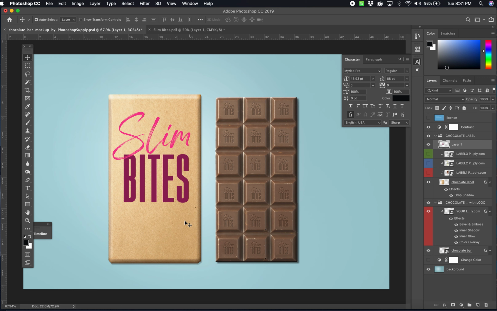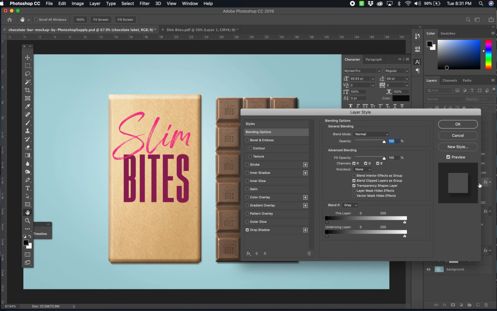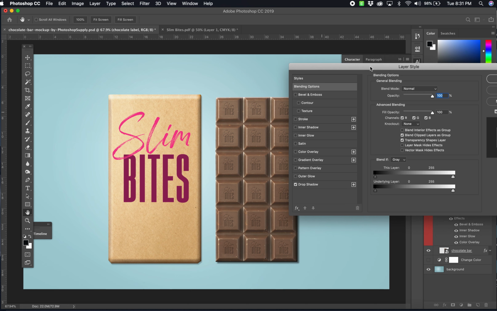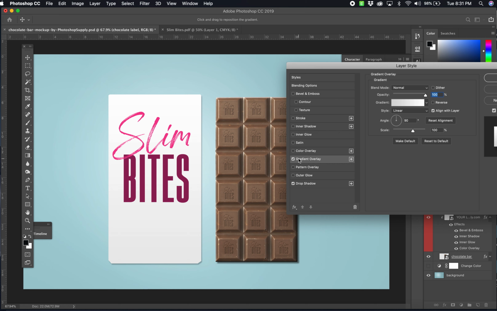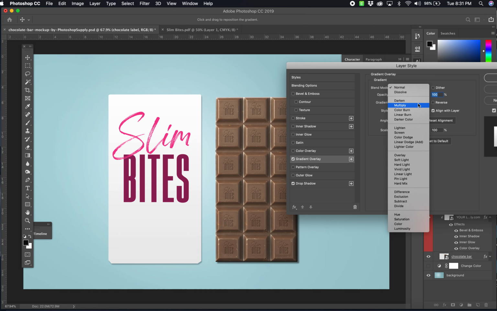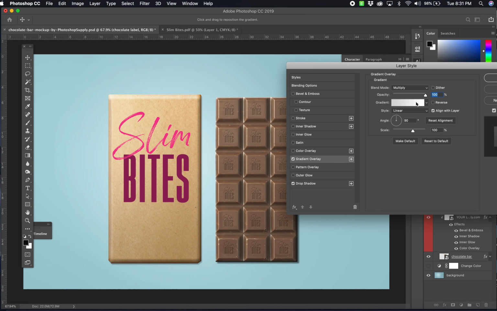I can either create a new layer and load it on top, or what I can do is go to this layer and double click it and work on the effects, just like we did last week with our effects. I'm going to add a gradient overlay. See that? It doesn't look like anything. Why? Because it's white. And notice it's also opaque. It's set to normal. If I change that to multiply,